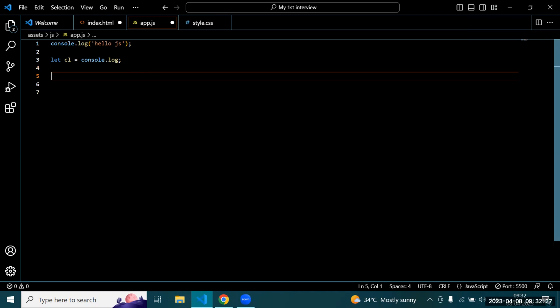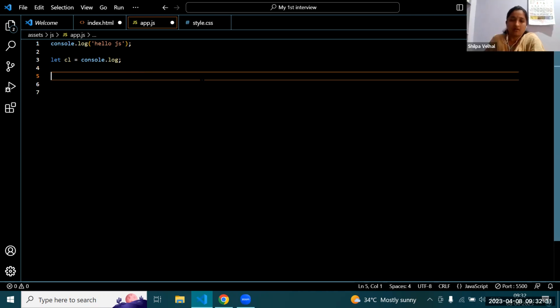What is the difference between let, const, and var? Okay. First, var works globally. We can declare and reassign in global scope or block scope also. Let and const create a block scope.